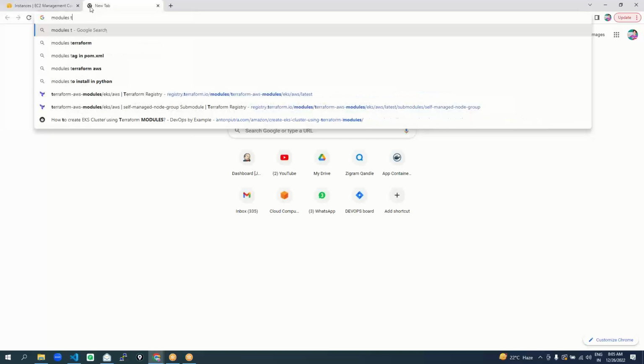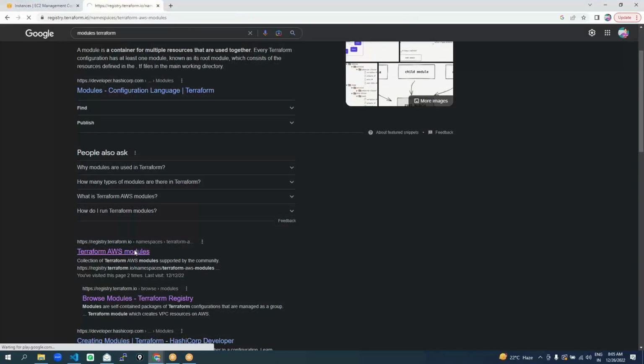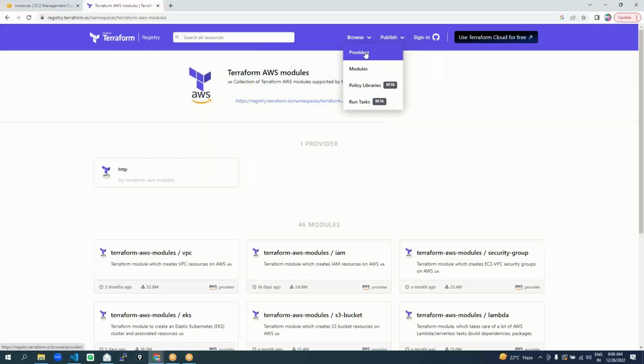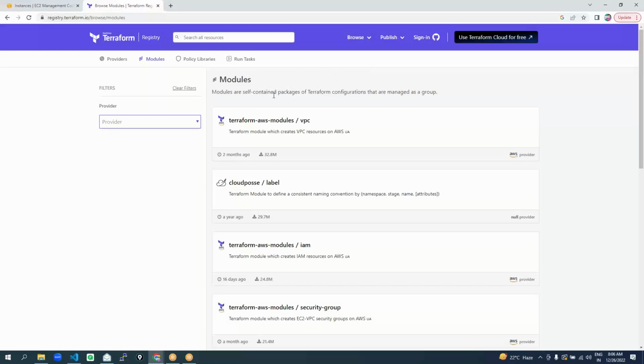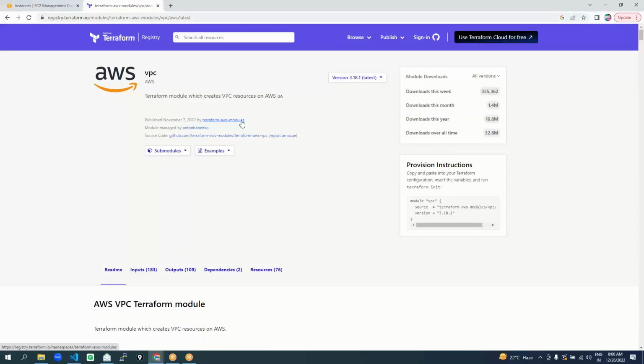Modules from Terraform. Let us go ahead with the modules in the official repository. And like we browsed for providers till now, we shall use some existing modules. First one is the VPC module. See, we can create EKS with our default VPC also, but let us create our own VPC, our own cluster,